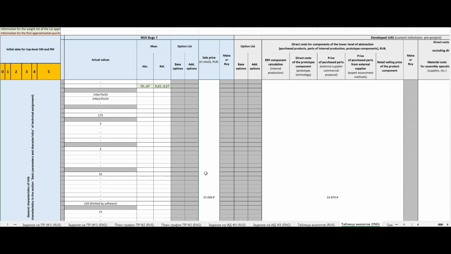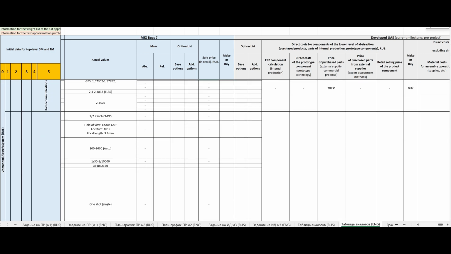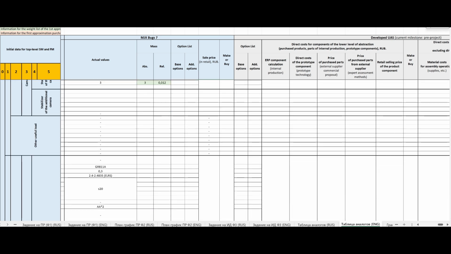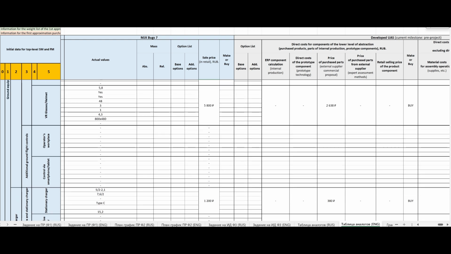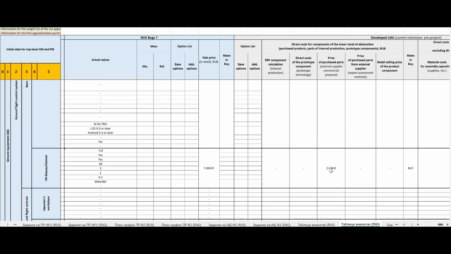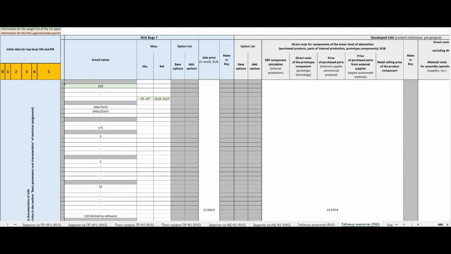The only deviation from the actual design of the closest analog will be that we will add conditional low budget FPV goggles to the MGX Box 7, although in fact they aren't there. In order to demonstrate the principle of reverse engineering, it should be noted that the introduction to the design of first-person view goggles increased the level of comfort and convenience of the drone operator while simultaneously causing a negative effect in the form of an increase of direct costs, and has such a positive effect as reducing one-time costs for developing an application